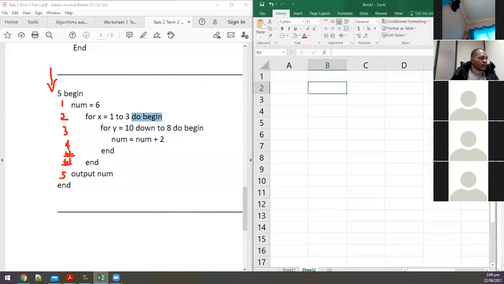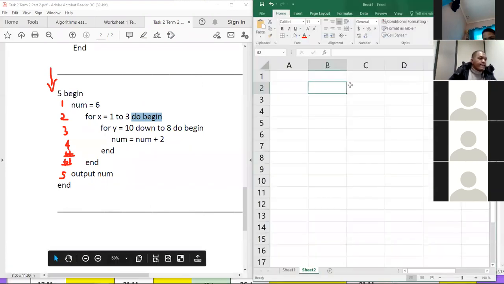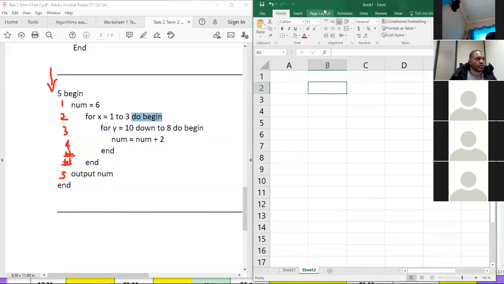Sorry, we are doing spreadsheet first, no? We are doing spreadsheet, not the Thonny. We are first doing the trace table, Christofina. Okay. Number